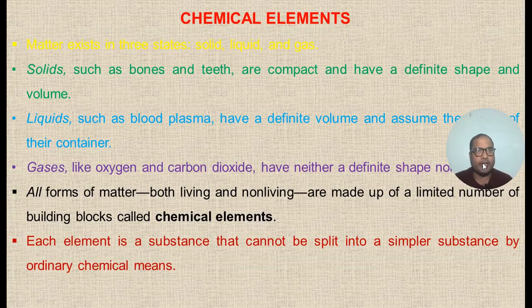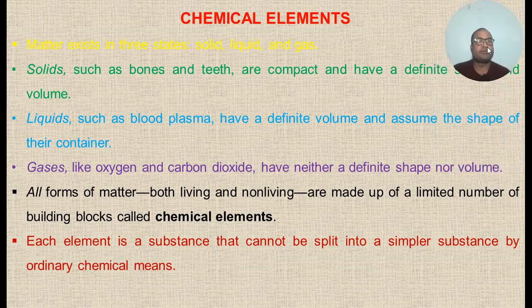Like matter exists in three states, like solid, liquid and gases. Solids such as bones and teeth are compact and have a definite shape and volume. Similarly, liquid such as blood plasma have a definite volume and assume the shape of their container. And last, gases like oxygen and carbon dioxide have neither a definite shape nor volume. So these are the simple definition of the matter that exists in three different states, that is solid, liquids and